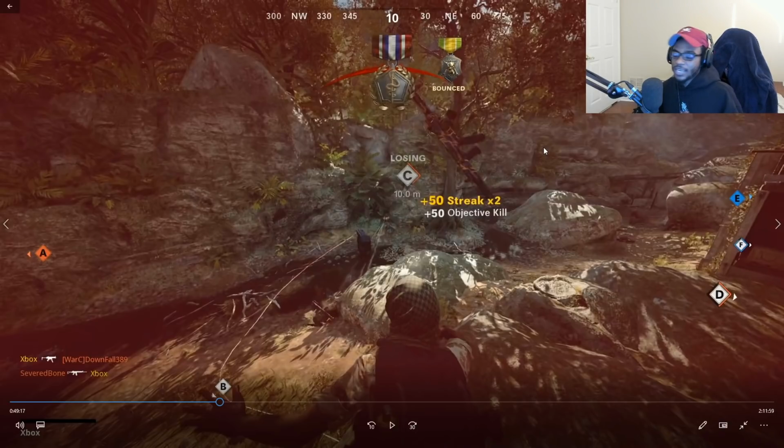This is a very important area to lock down, because if you guys do not have control of C flag, you're going to be spawning in all the way in the back of F, and you're going to be setting yourself up to get spawn trapped, and that's not going to be a fun time,